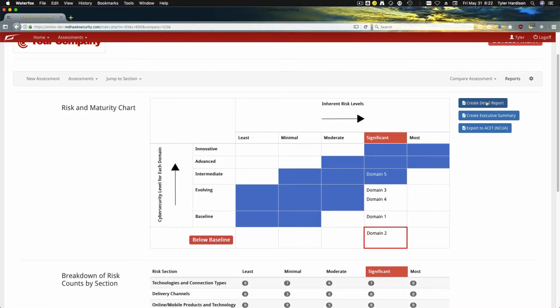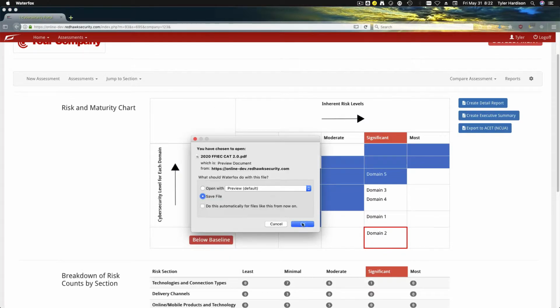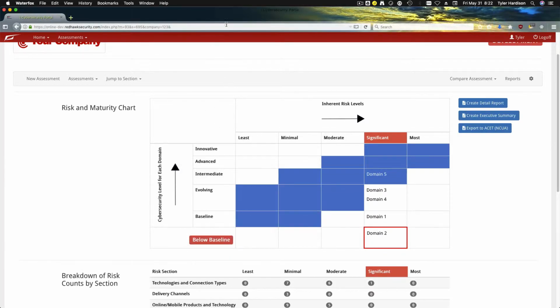Back in the report sections, we can now create a detailed report which will generate a PDF that is sufficient for submitting to a management team or board of directors. The detail report